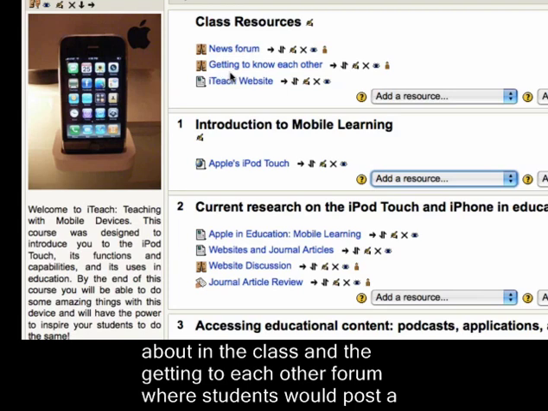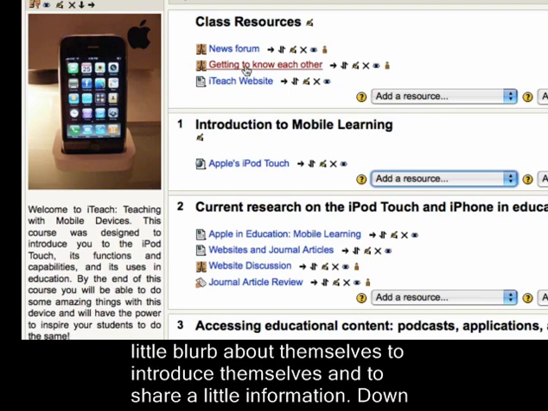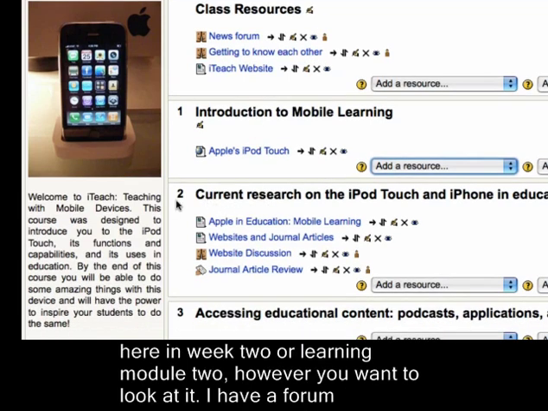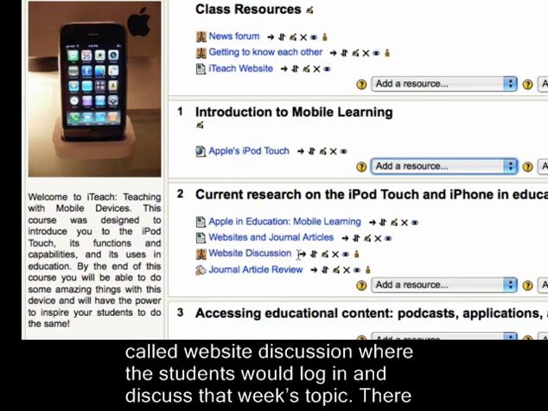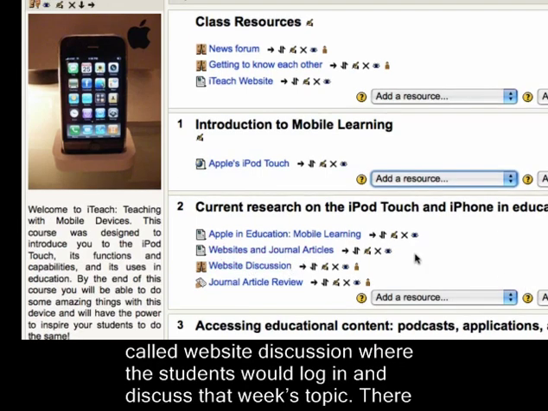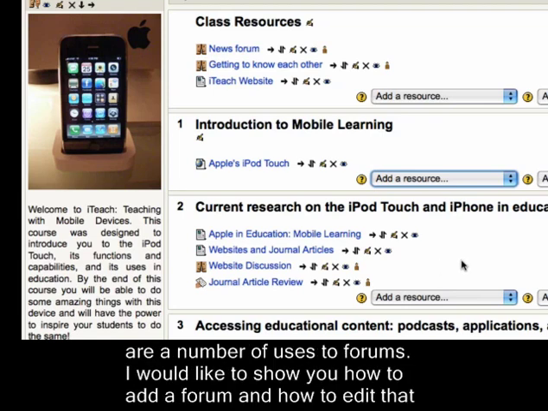I have a getting to know each other forum where students would just post a little blurb about themselves to kind of introduce themselves and share a little information. And then down here in week 2 or learning module 2, however you want to look at it, I have a forum called website discussion where the students would log in and discuss that week's topic. So a number of uses for forums, and I'd like to show you how